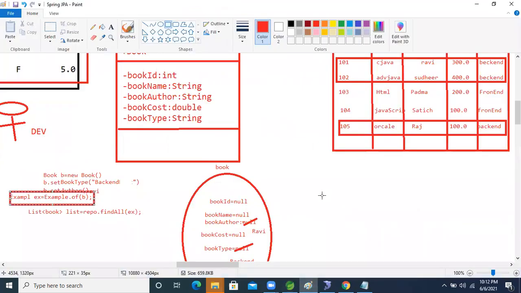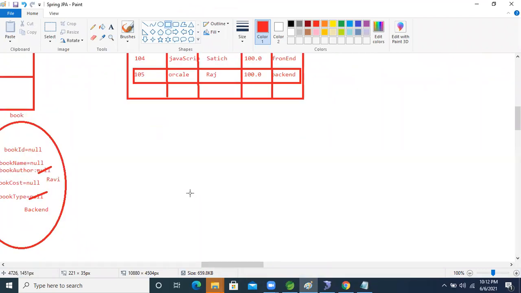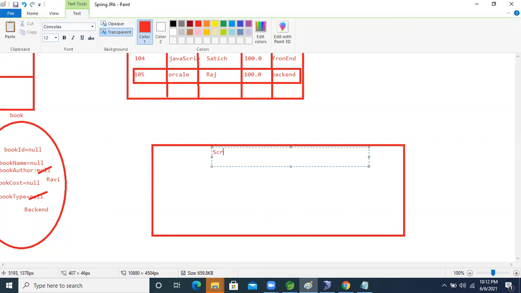Now let's understand the real time scenario, guys. We are giving one screen to the end user. Just think about that, this is the screen. I'll increase the font now.